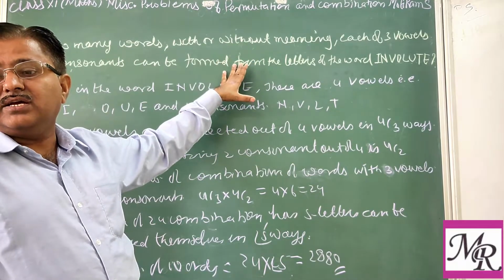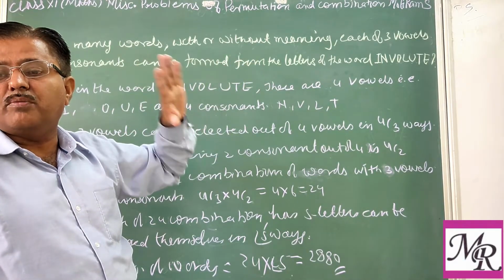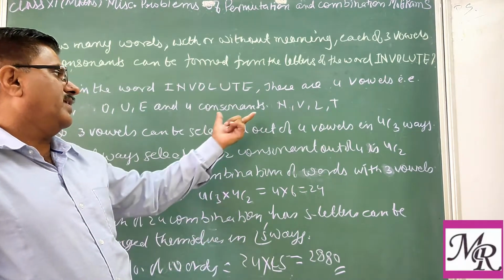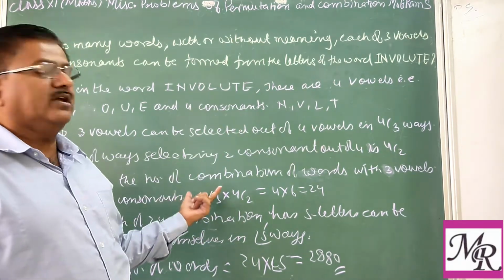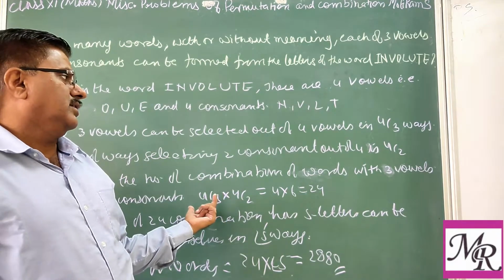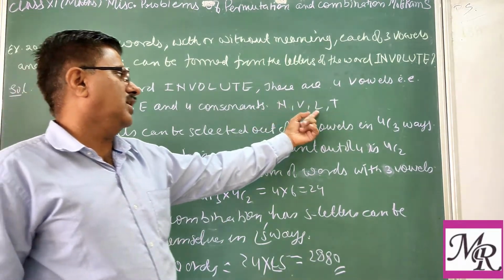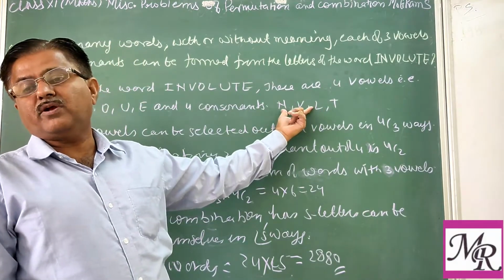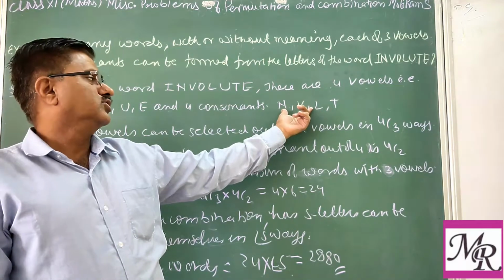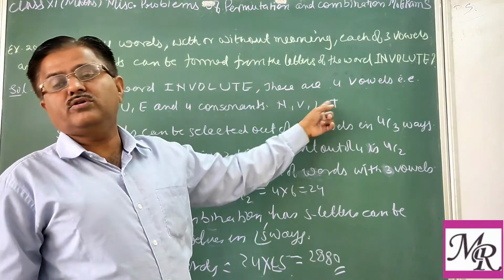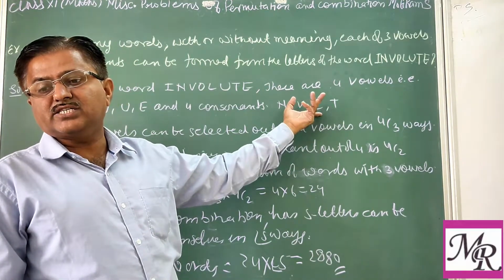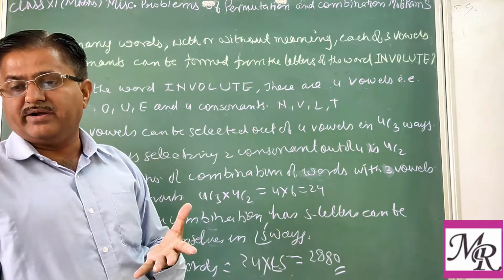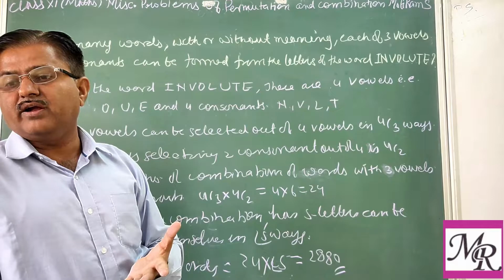So selection is there, that's why we are using the combination. After selecting, there is again a possibility of rearranging the letters of the word, because when we write, the position is important. Clear? Like this N, B, L, T: if you interchange N and B, we get a different word, or if you interchange T and L, again we get a different word. That's why after selection, there is an arrangement of the letters.